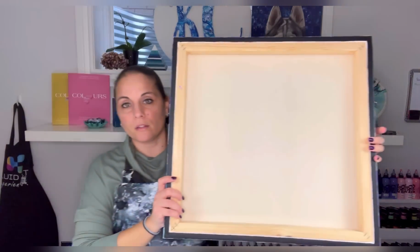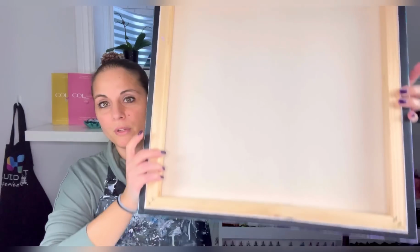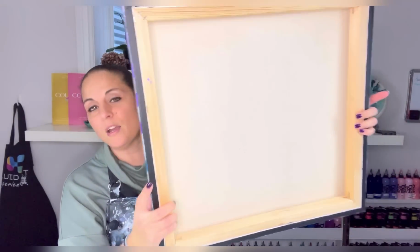And this is what the back looks like. So I actually painted the canvas black on the back, but look how clean it is. It still needs my stamp and my signature and all that. But this is what it looks like. Done, finished, and resined. So if you are interested in this very cool psychedelic piece, you can email me at